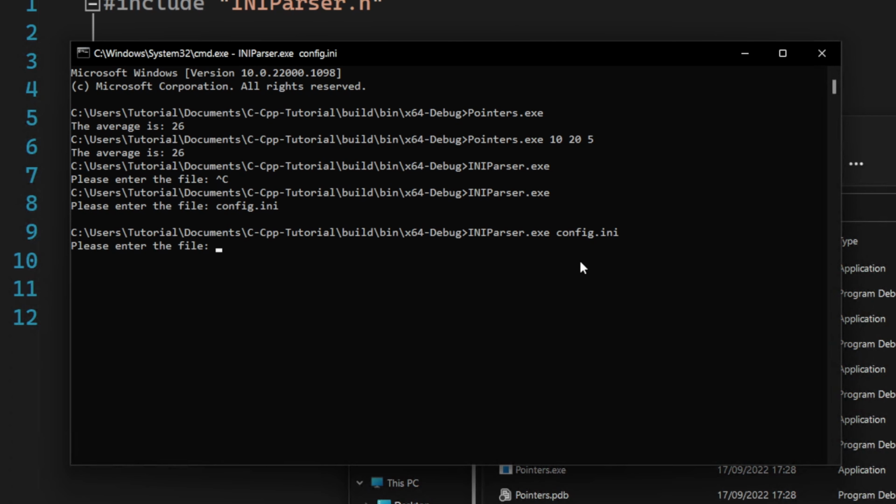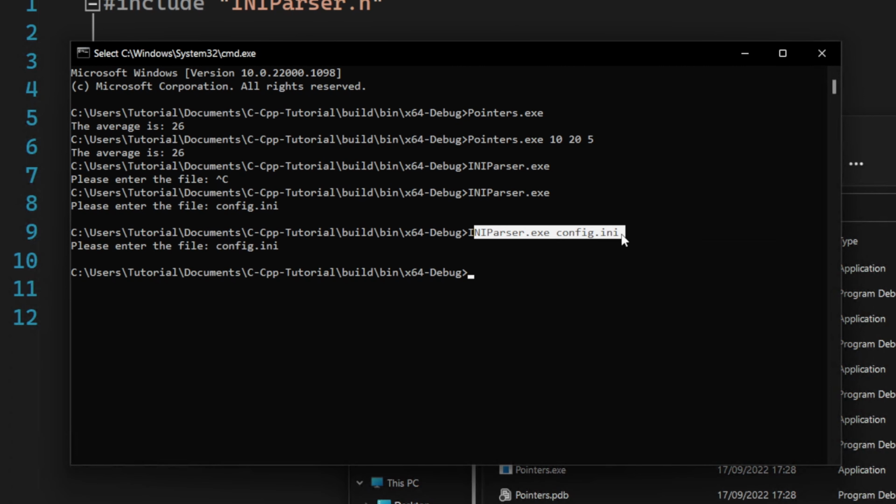And what I want to do then is, if this is specified, skip that one or automatically fill in config.ini here, so that you can specify this when you start the application. For the normal use case, if you are calling the application like that, it's totally fine. It doesn't matter how you do it. However, if you want to automate the task, that's better, because this can be automated. I'm currently entering this into the console, but this could also be started by